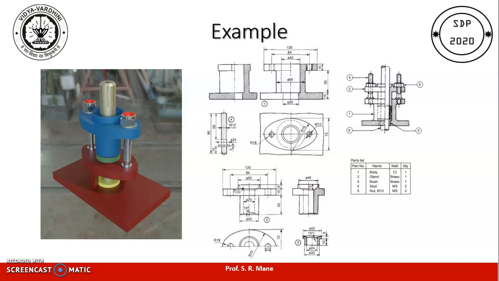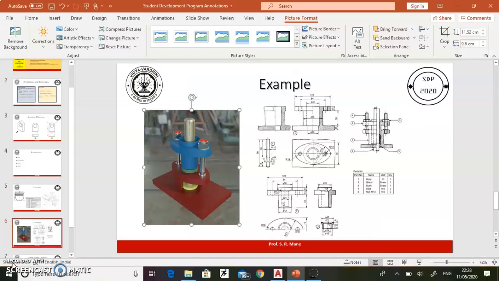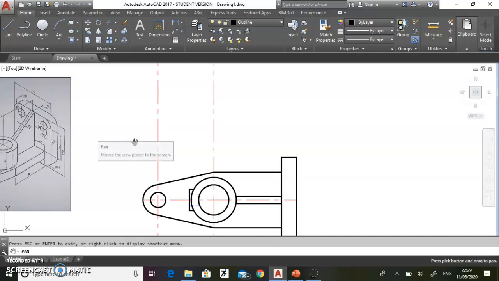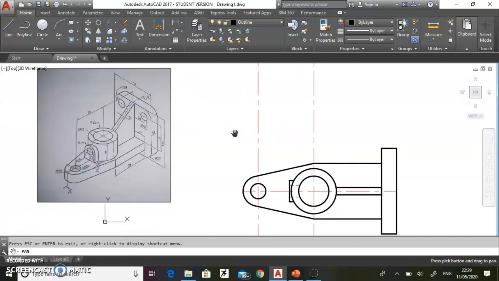Now what we will do is directly go into AutoCAD and do this exercise. So we come here in Autodesk AutoCAD. We are using the 2017 version, and let us look at this example. Here we have this as a question, and we have its top view. You see the dimensions are given in the isometric view, and we want to transfer them by giving dimensions over here.